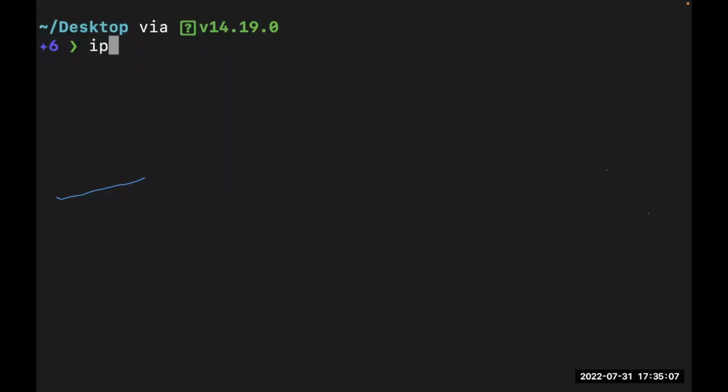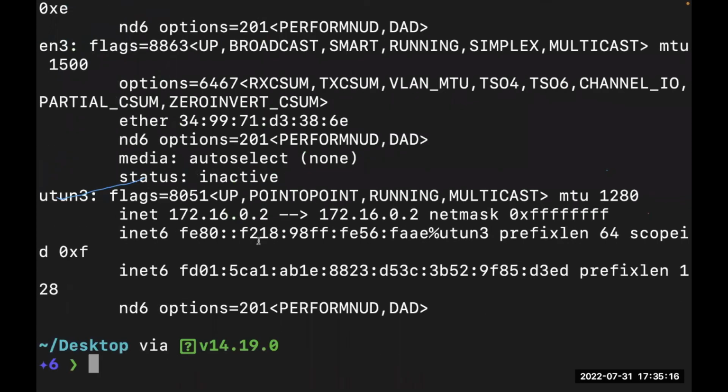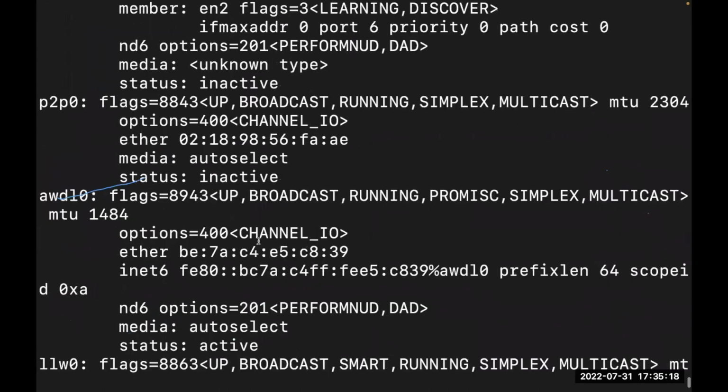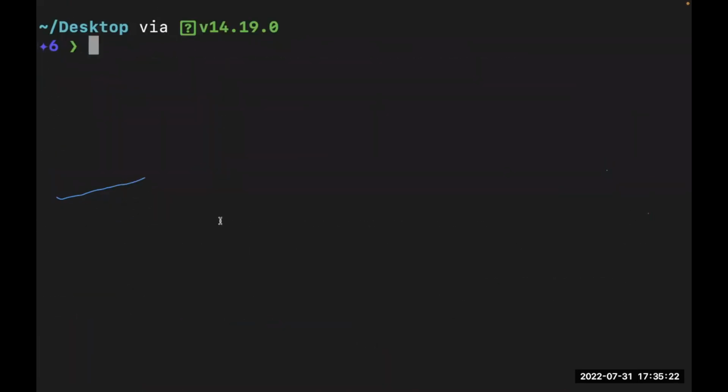If you're also on a Mac or a Linux machine, we also have ifconfig. It's not on this list, but I think it will be important for you guys. ifconfig gives you a bunch of details about your IP and all that. So I'm going to clear that. We'll talk about that as well when we are working with any cloud service. If you have any other question as I'm progressing, please ask your questions. We are probably way beyond time already.